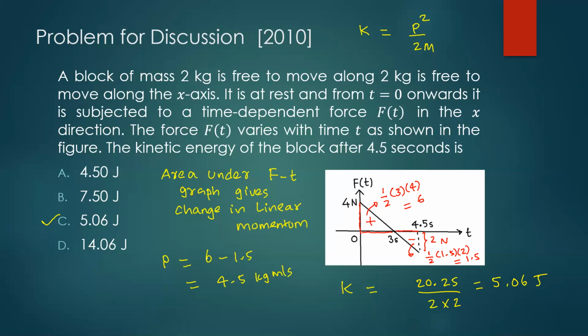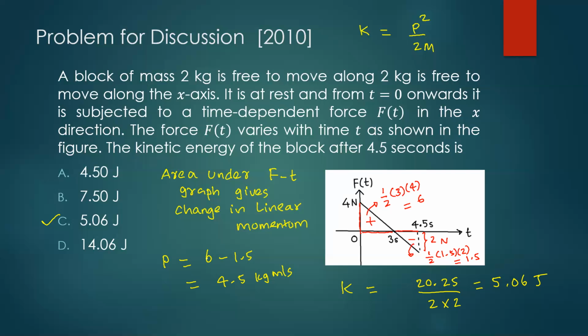I know this is slightly on the difficult side, but it is doable, right? If you did the 4.5, then you are almost there. We've been looking at that expression, right? Kinetic energy is p square by 2m. You would have got it. That actually makes us happy, right? I think conceptually you understood the force time graph, right? Yeah, good, very nice. Okay, so let's just check. Yeah, that's right.